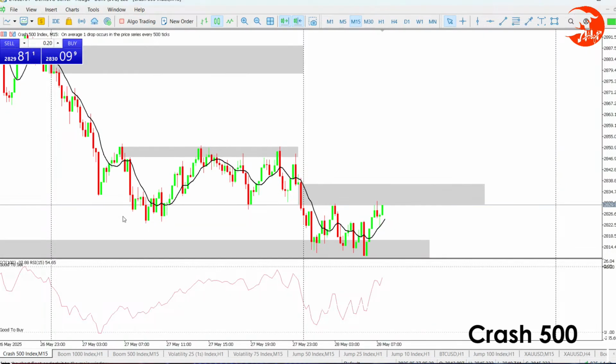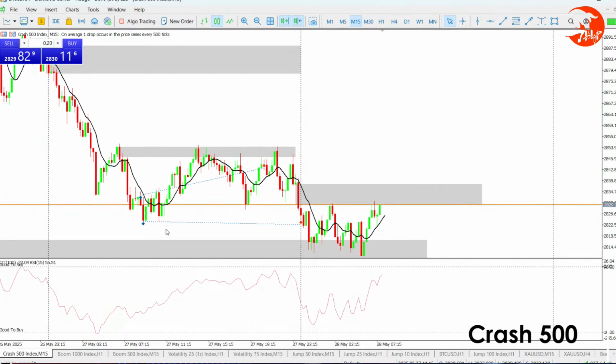Yesterday it kept playing around. Look at that. This other entry, I closed it here, but it kept playing around. I left one entry to go overnight and it was taken out right there. The whole of yesterday it played around here. You can see there was no momentum. This level right here was still holding. It failed to get enough momentum to break it. So as far as we are concerned, this level is still there, and also this level right now that we have. So we have those two levels the price has to break.